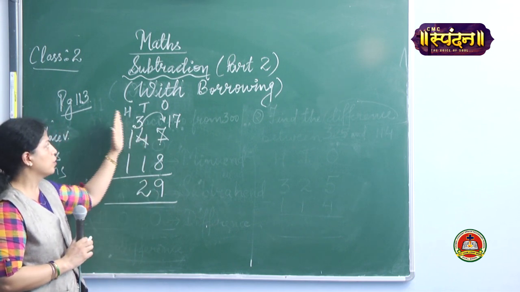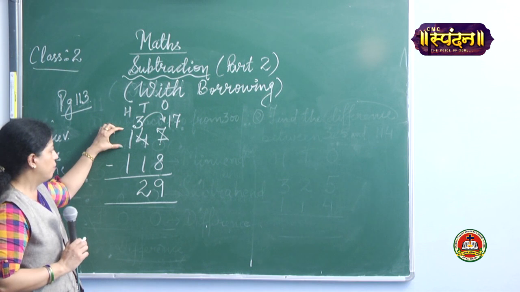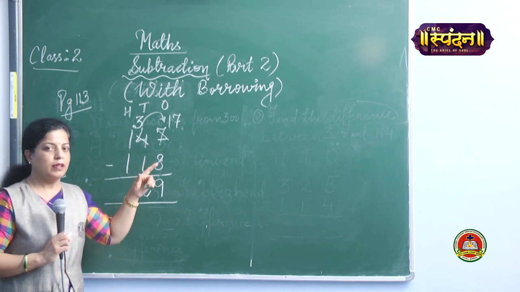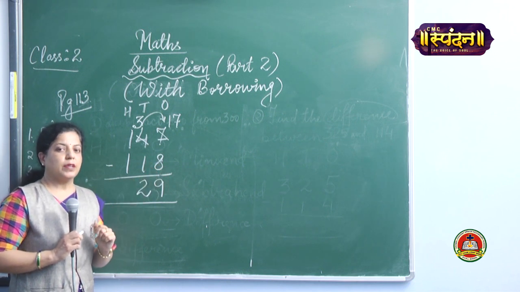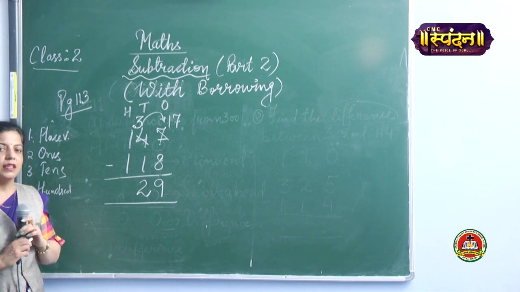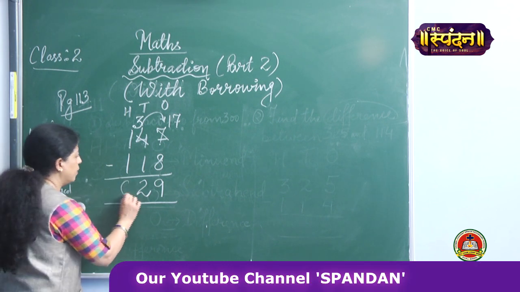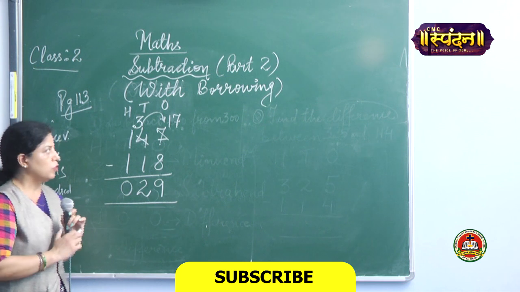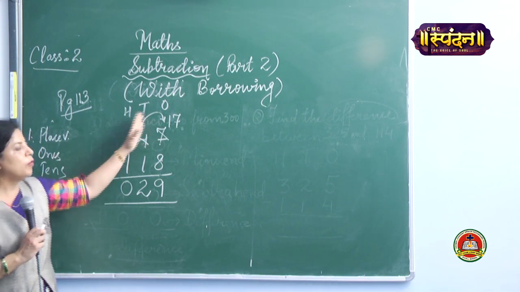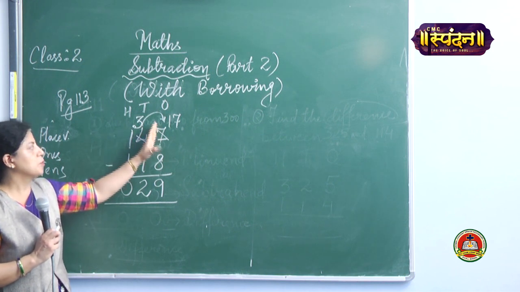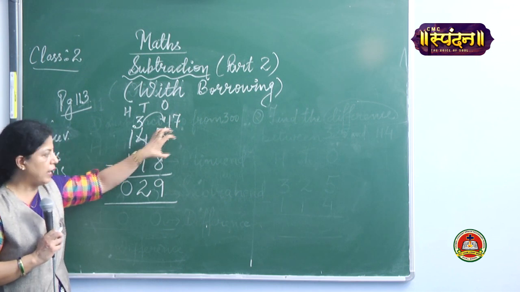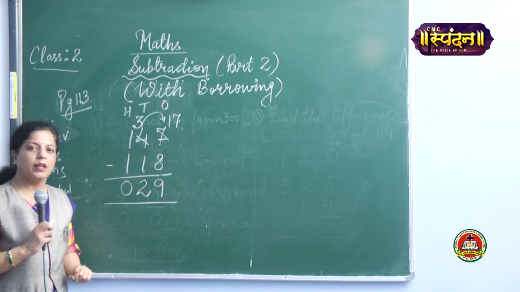And now moving towards the 100 place, 1 minus 1. What will it be? We read the rule in our last video. Whenever we subtract the same number from the number, always the answer is 0. So here we get nothing. So how have we solved the sum? We have solved the sum by borrowing. This number has borrowed to make it a bigger number so that it can subtract a smaller number.